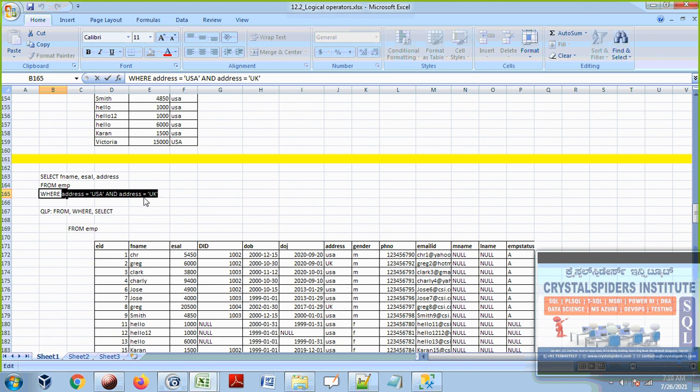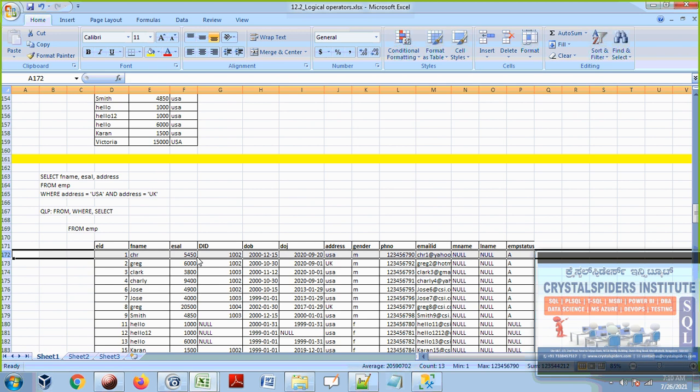When we apply multiple conditions on the same column, always use the OR operator, don't use the AND operator. If you use the AND operator, what will happen? These conditions never get passed. For all the records, this condition will fail, because for any employee, their address is either UK or USA, but not both.